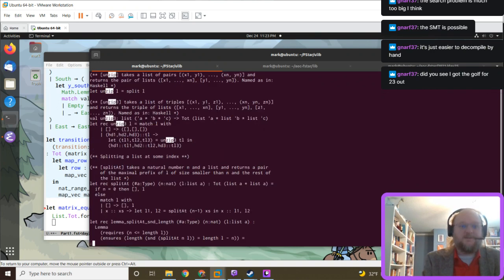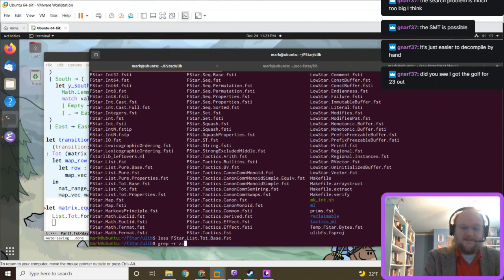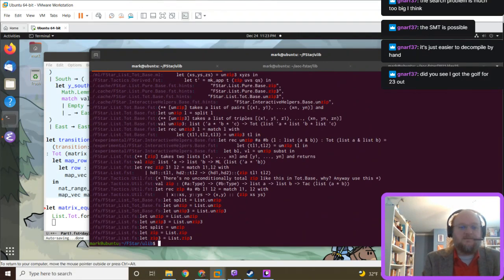Oh, that's right. Do we only have... ran into this before? We only have list, we only have zip with an ML effect, not with a total effect.